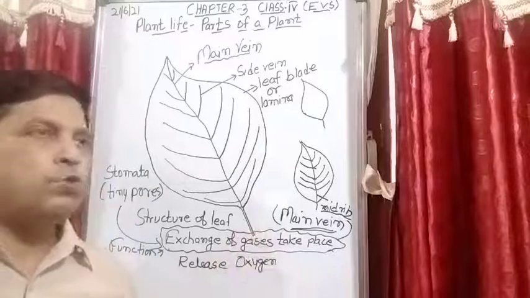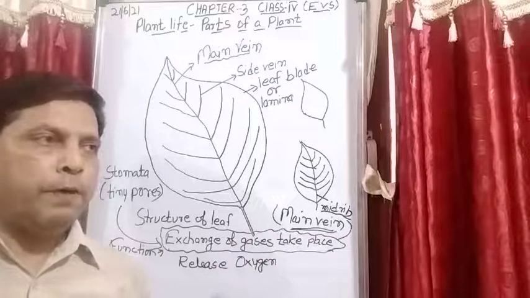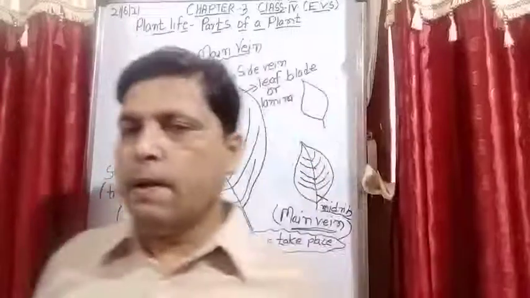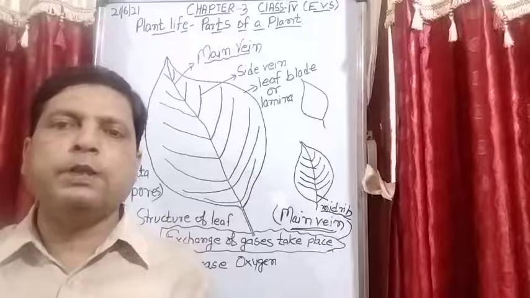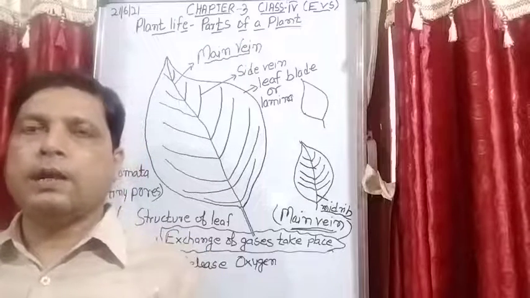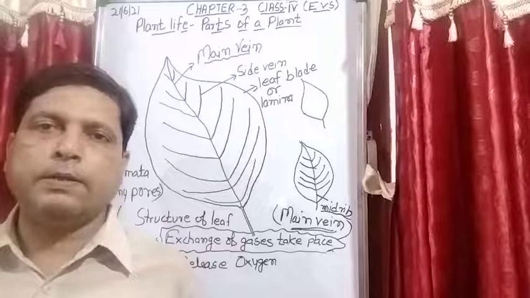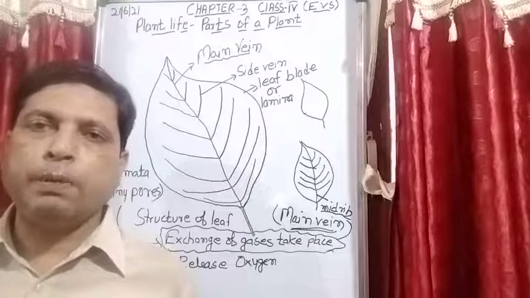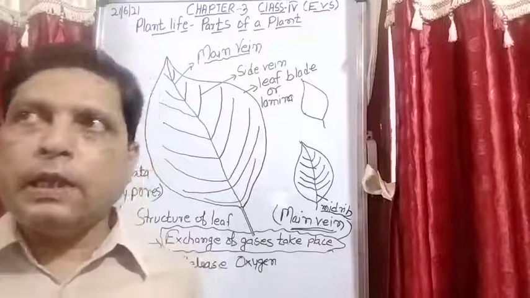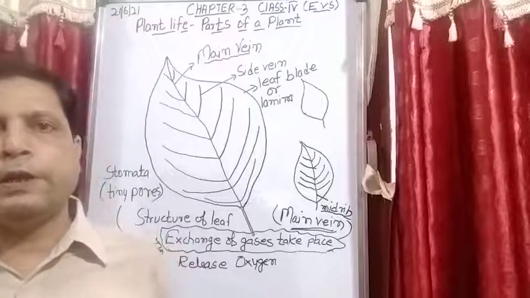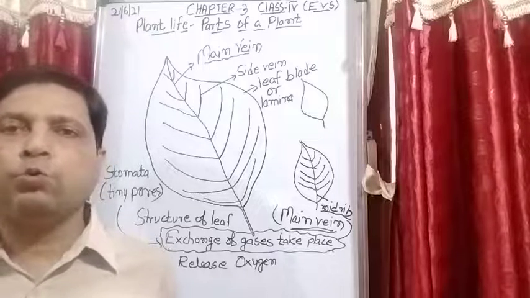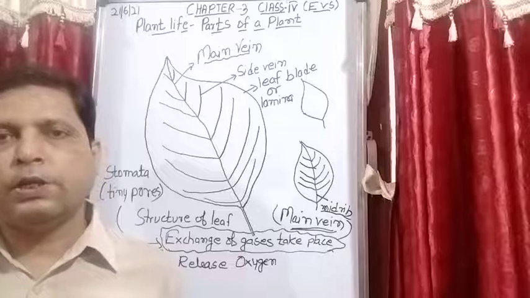branch. Now see students, mostly when you see different types of plants in your surroundings, like I did in the starting, the classification of plants, according to their shape and size they are classified into 5 different parts, that is herbs, shrubs, creepers, climbers and trees. In the same manner you will see there are different types of leaf according to their shape and size, okay.